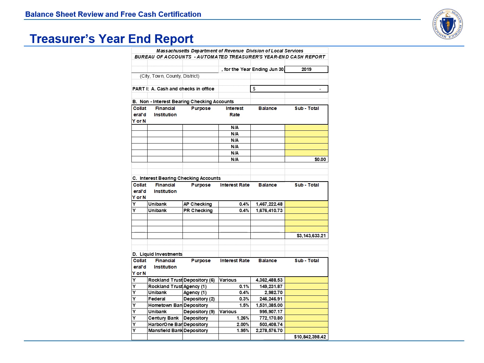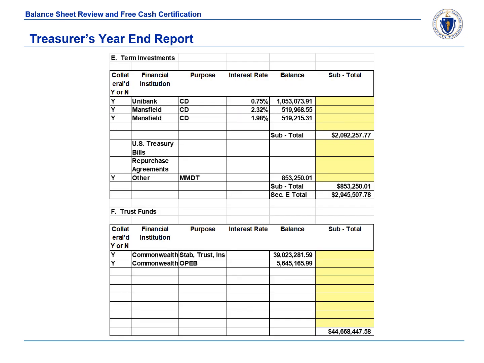The second part of this process is that the treasurer must complete the Excel version of the treasurer's year-end cash report and upload it to this page in Gateway. This second form is more detailed in nature. This part of the form shows the amounts in various types of accounts, the interest rate, and the financial institution where the funds are located. The totals on this report must agree to the amounts entered directly into the Gateway form. The grand total of cash on this report must also agree to the treasurer's cash amount at the top of